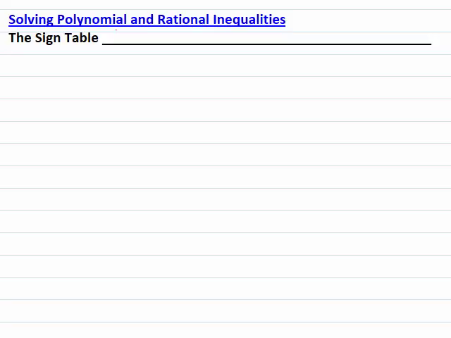The sign table is associated with an expression, and it is a number line showing the sign of the expression as x takes various values on the number line. For example, for the expression x plus 2, the sign table is the number line